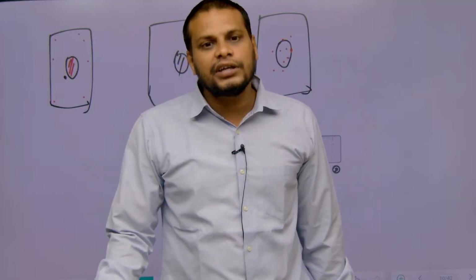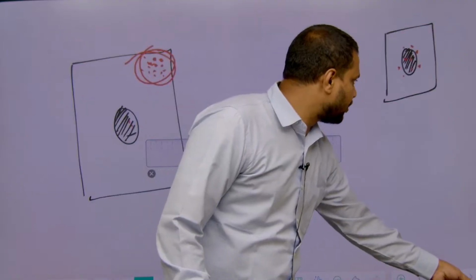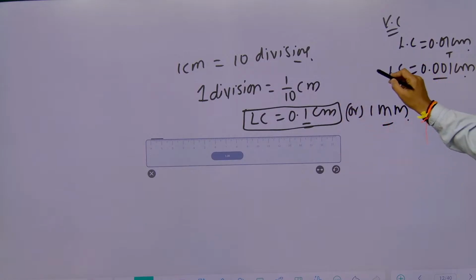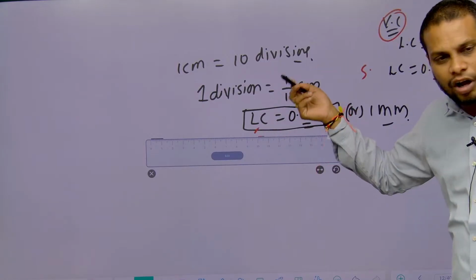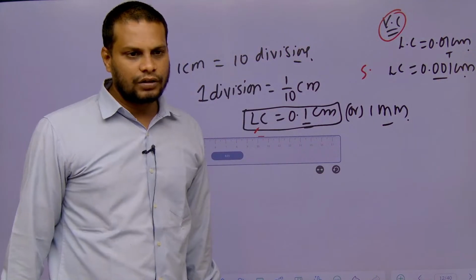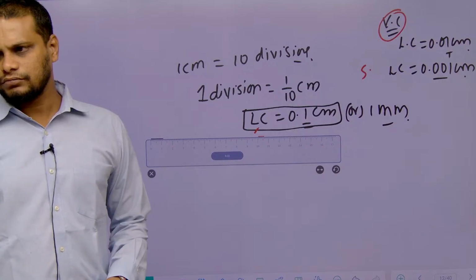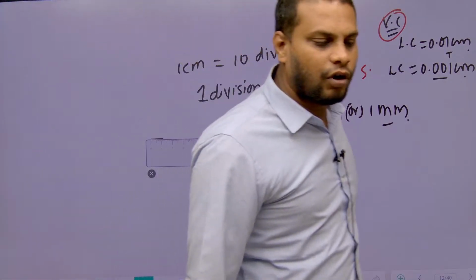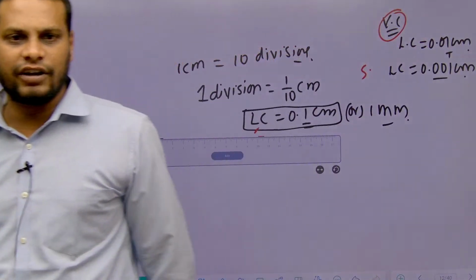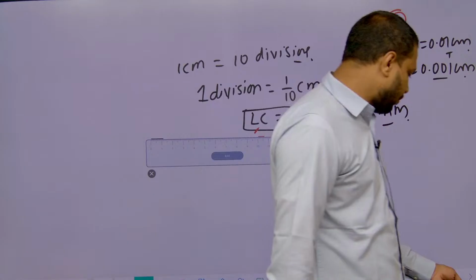Again, it depends on the least count. Now, which has more precision: screw gauge, vernier calipers, or the ordinary scale? Screw gauge, because we have the more sensitive value. Understood this concept? Then what do you mean by accuracy? Close to the true value. What do you mean by precision? It explains the sensitivity of a measuring instrument. Write down these 2 points: accuracy and precision.